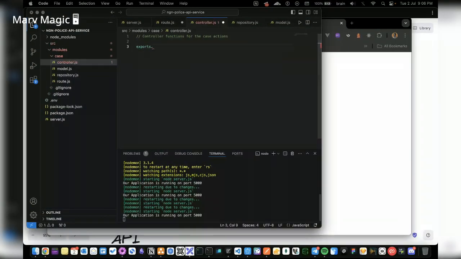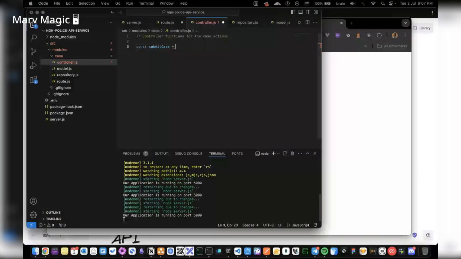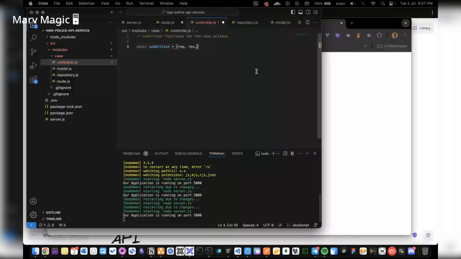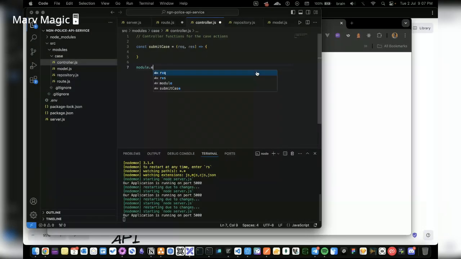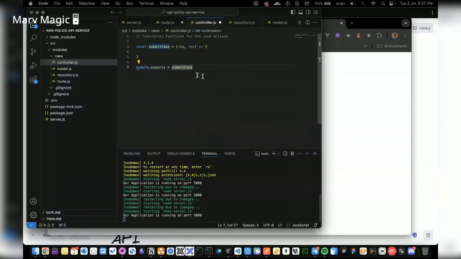So let's just say exports. Let's call, what do we call this? Okay, let's just use const submitCase equals. I think that should work, right? So I can say request, response, and yeah, just like this. So I can say module.exports equals submitCase.